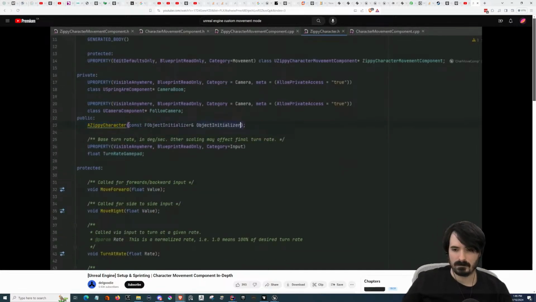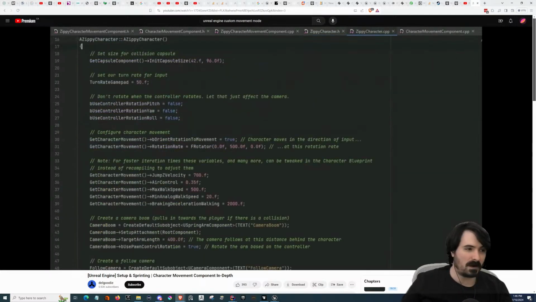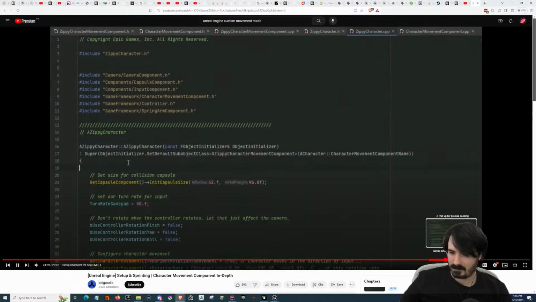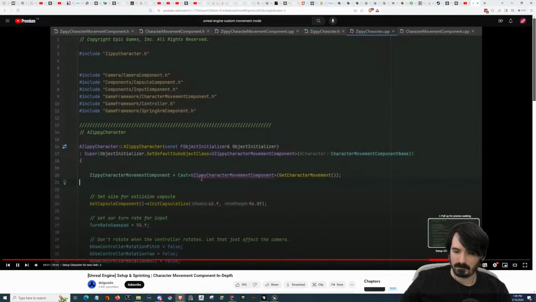So we're going to add this new constructor that takes in an object initializer, and this will allow us to redefine the character movement component that we're going to be using. So if I hop into the C++, we've already done this. You don't have to exactly know how this works. It's kind of just Unreal Engine syntax, but basically we're setting the default subobject for the character movement component to be our own character movement component. And then lastly, all we need to do here is cast the